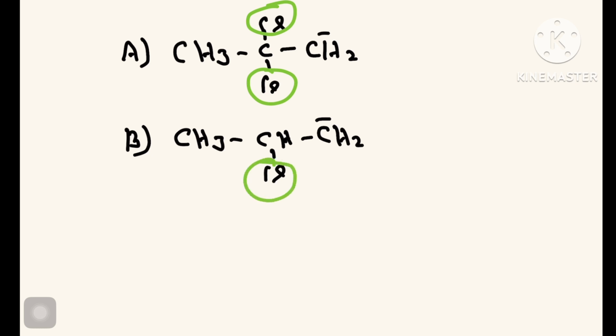They are also minus I group. But here 2 minus I groups. So decreasing more negative charge here, not like A. So which one is most stable? So you can say A is most stable. So this is the stability order of